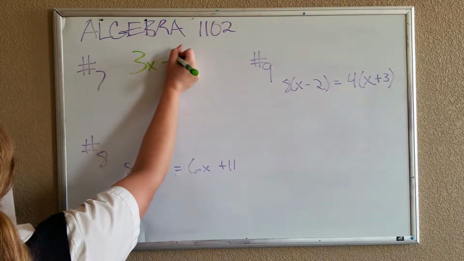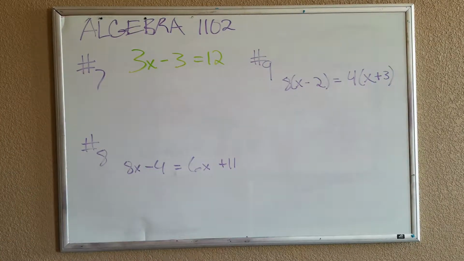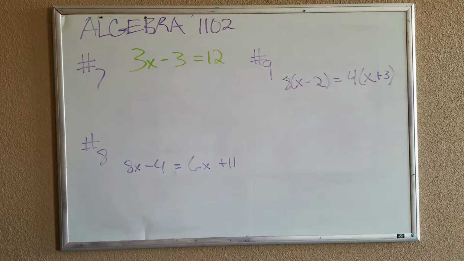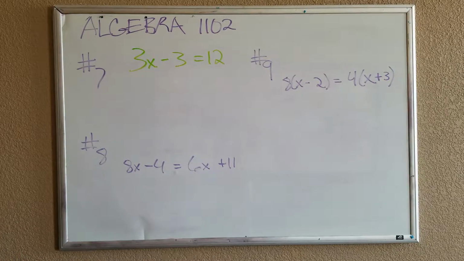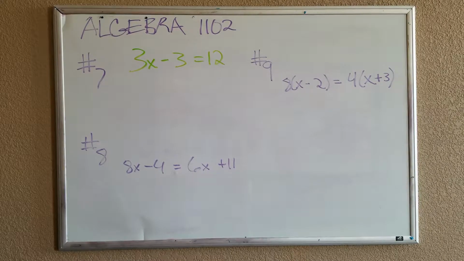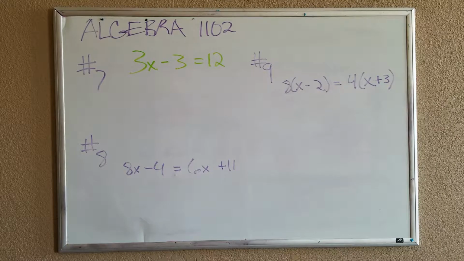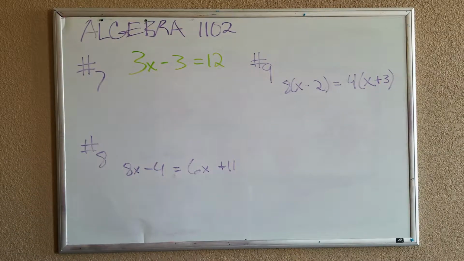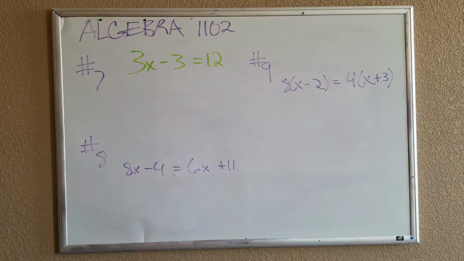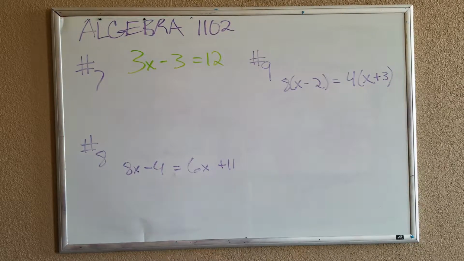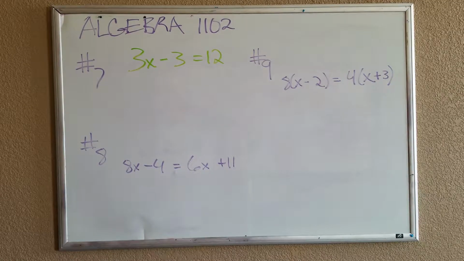3x minus 3 equals 12, right? All right, so we're going to solve for x, which means we need to isolate x by itself on one side of the equal sign and move everything away. So the way we do that is by performing the opposite function. First you want to check for any like terms on a side. There's no like terms. 3x and 3 cannot be combined because this is an x and that's a constant. This one has a variable, that's a constant, all right? They can't be combined. So then I would move any addition and subtraction first and then deal with my multiplication